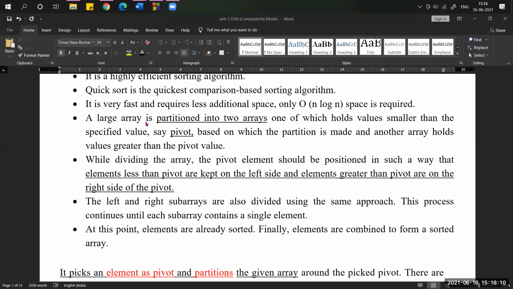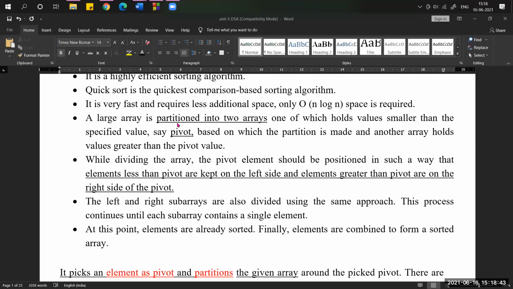Whenever the element is less than the pivot, that element should be placed on the left side. Whenever the element is greater than the pivot, it should be placed on the right side of the pivot. Like that, we divide the given large array into two sub arrays, a left sub array and a right sub array.